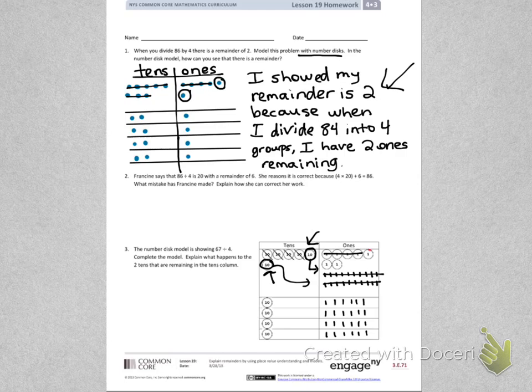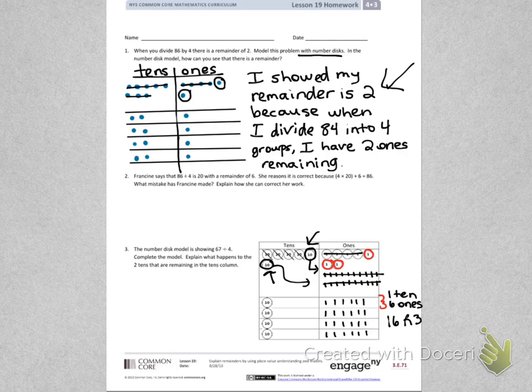is these 3 ones. So we could go ahead and look at what we have in each group. And that's going to be 1 ten and 6 ones. So that answer is going to be 16, but we have 3 remaining, so we can write that as R3,